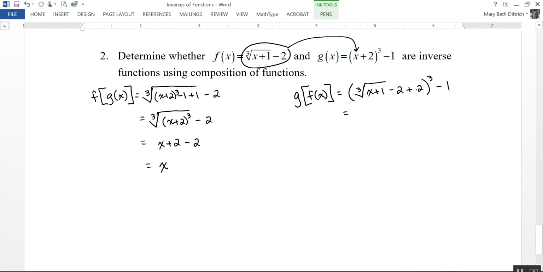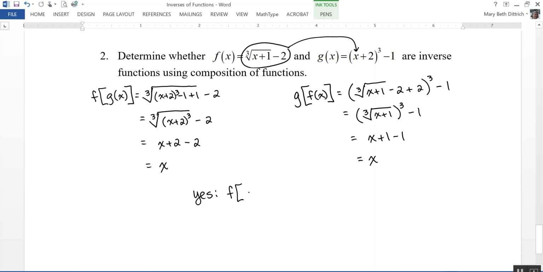So inside the parentheses, I can get rid of the minus 2 plus 2, so that's the cube root of x plus 1, cubed, minus 1. And then cubing a cube root gives me just the radicand, x plus 1 minus 1, and that is indeed equal to x. So yes, these are inverses of each other